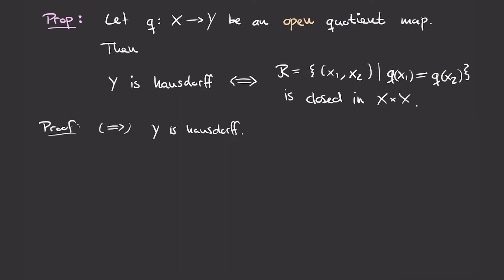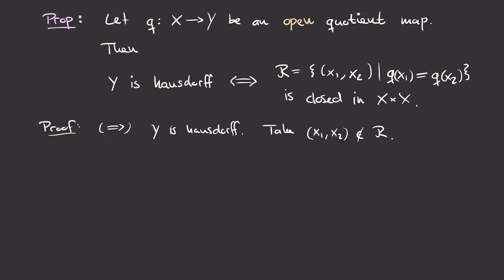Remember that the definition of being a closed subset is that the complement of the set in question is an open set. Therefore, we take some x1, x2, which does not lie in this set R. So that means that it lies in the complement. And now we want to find a neighborhood around this point that is disjoint from this set R. Or another way of saying this, which is maybe more clear from the open set perspective, we're taking a point in the complement of R, and we want to show that there exists a neighborhood around that point that lies